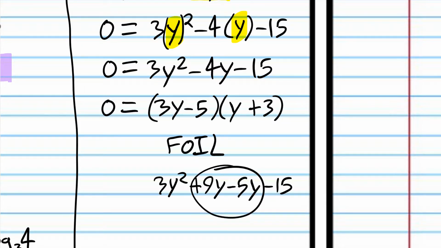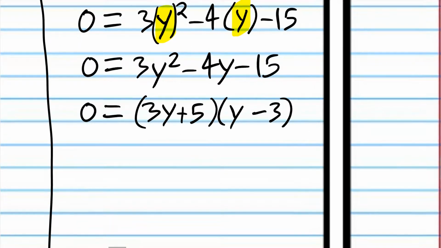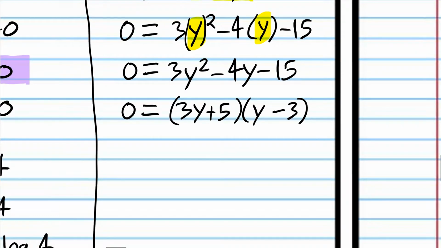9y minus 5y is 4y, but we don't want 4y. We want negative 4y. But it's good that we got the right number. All we have to do is change the signs, and that'll give us the right sign. So we're going to change that to positive 5 and change that to negative 3. So again, when you have that coefficient in front of the y squared, you just guess and check. So now we can see what y is. y is equal to negative 5/3,